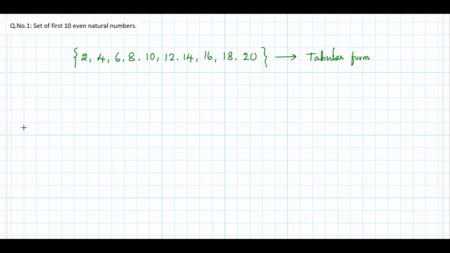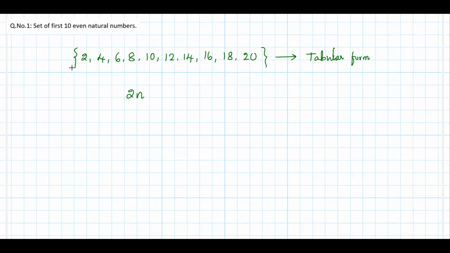Now we'll write this in set builder form. So what do you think the expression is that we can form to make the set builder form here? If you see, all these elements are multiples of 2. So can we keep 2n? Yes, 2n says that multiples of 2. And we have to put some domain value here for n. So what values can we take for n here?